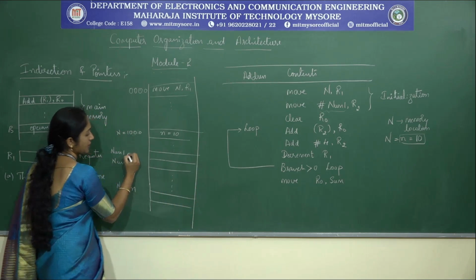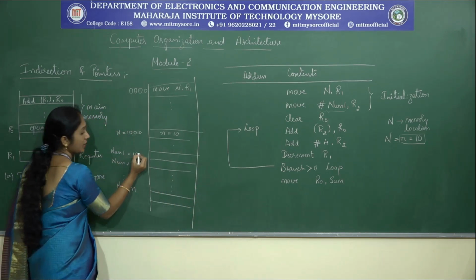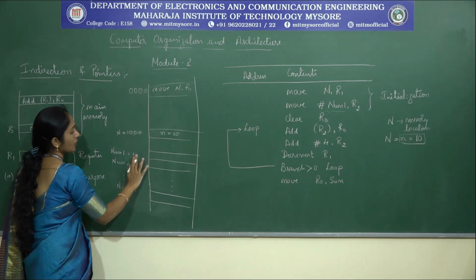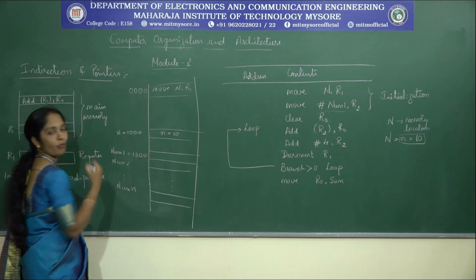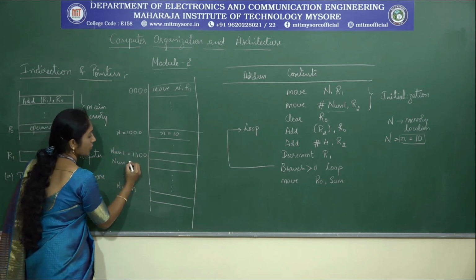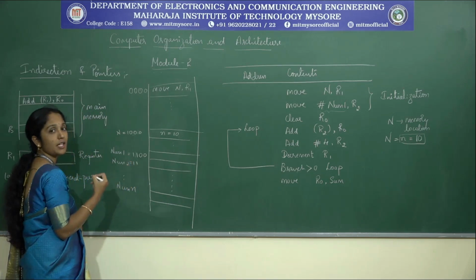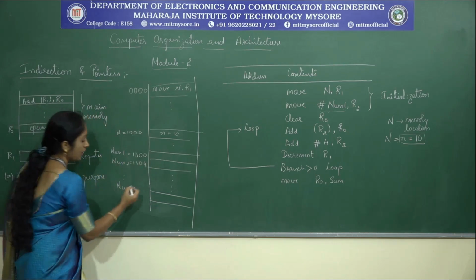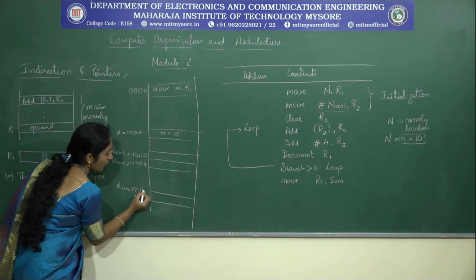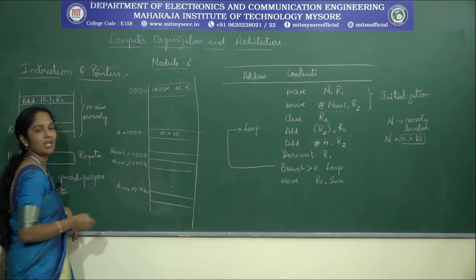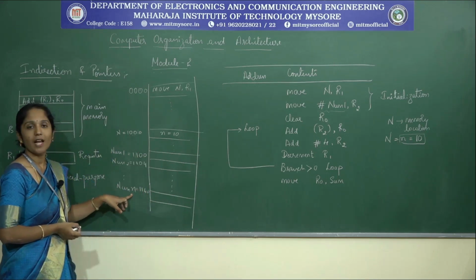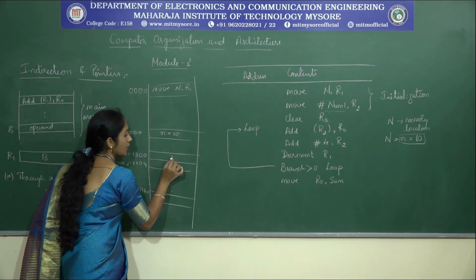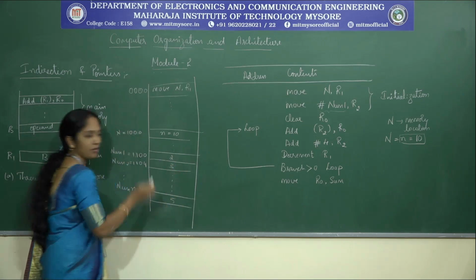Let me assume this as 1100. If you are using a 32-bit computer, then the next one will be 1104. Similarly, if you consider num n, this will be 1140. Since we have 10 numbers, let us assume the nth value is stored at 1140, and let me assume the values are 2, 3, 5 for the time being.